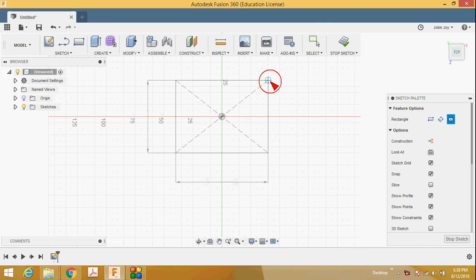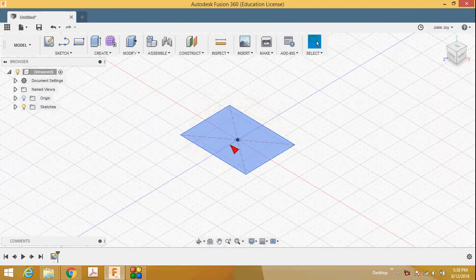Then select stop sketch. So this is a rectangle of length 80, this is length and this is breadth. Then